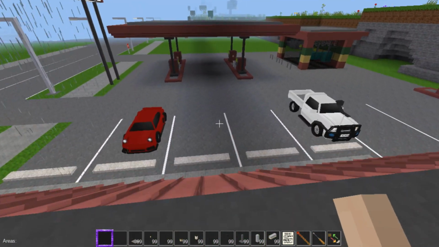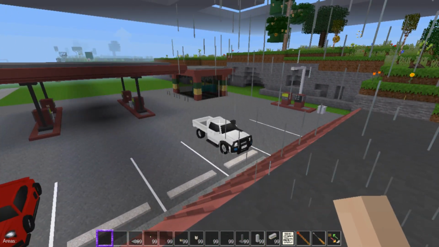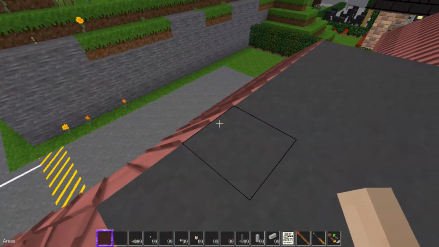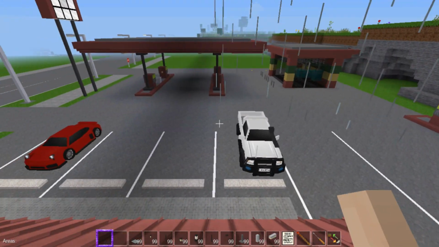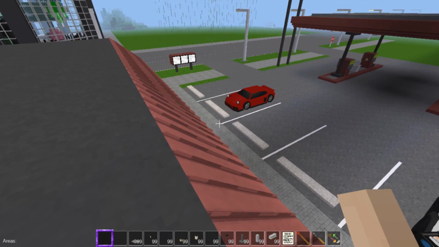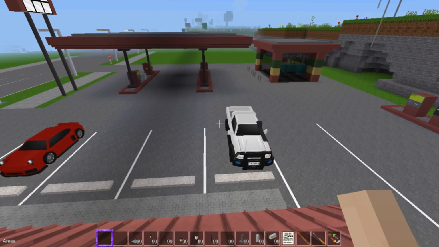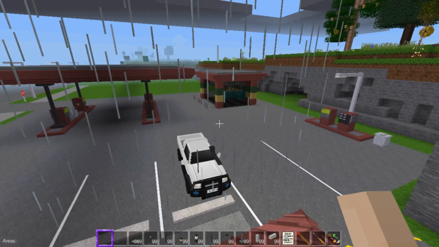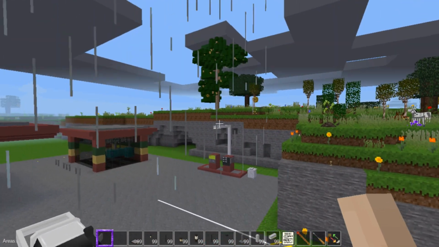Cool. So here's an overview of the gas station. Very nice. Here's a delivery entrance as usual. And, yeah, the lights are on timers. Those are from the Streets Mod